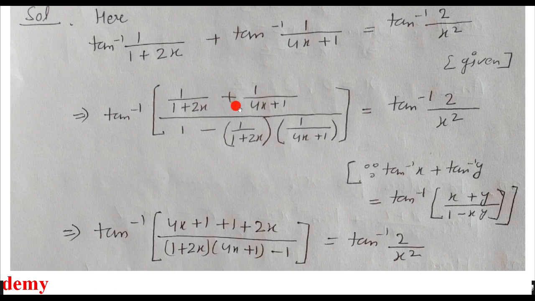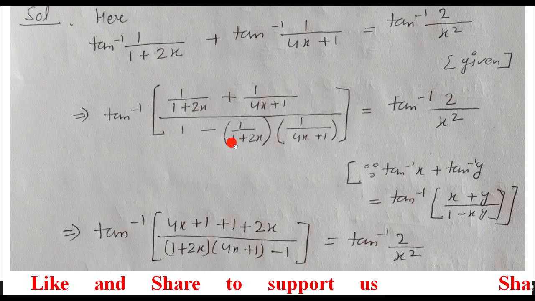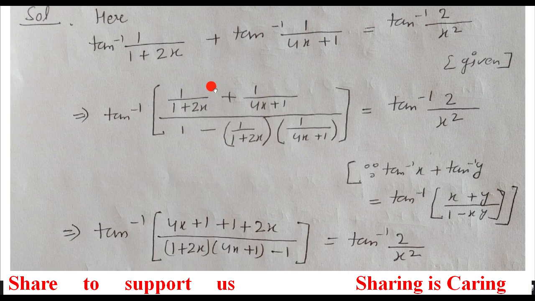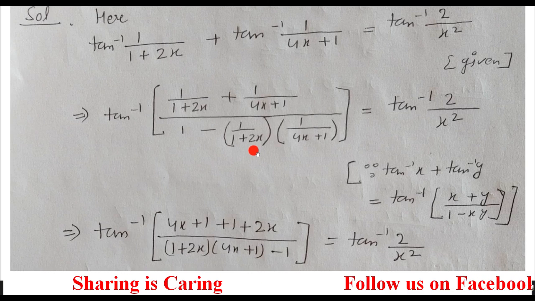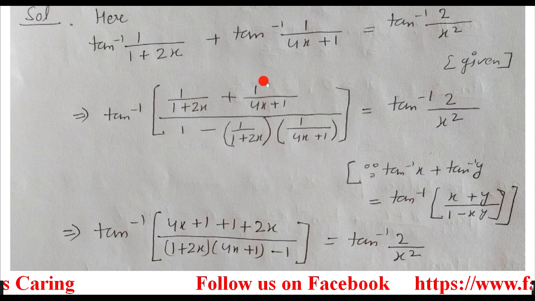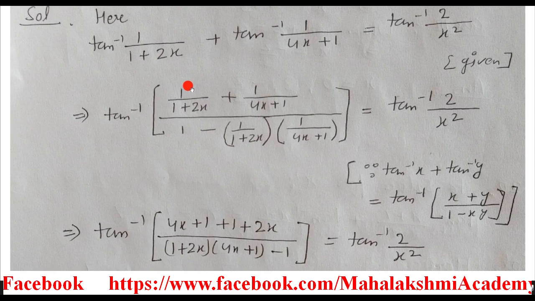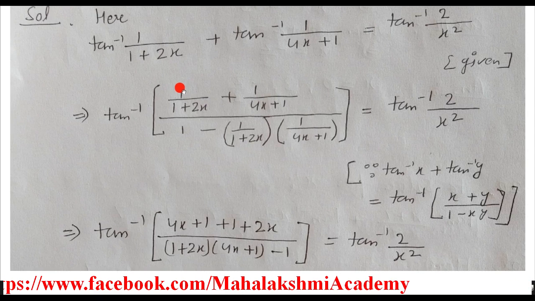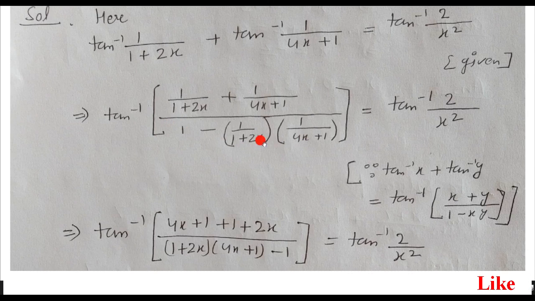To add the fractions, you know we have to take the LCM. So when we take the LCM, (1 plus 2x) and (4x plus 1) will come here, and here also we'll take the LCM. So you will see that the LCM of the numerator fraction and the LCM of the denominator fraction are going to be the same. So the LCMs will cancel each other, and only the numerators will be left, from the upper fraction and from the down fraction also. So what is going to be the numerator here? After LCM, here will come 4x plus 1 and here will come 1 plus 2x. And here after LCM, instead of 1, this complete will shift here.